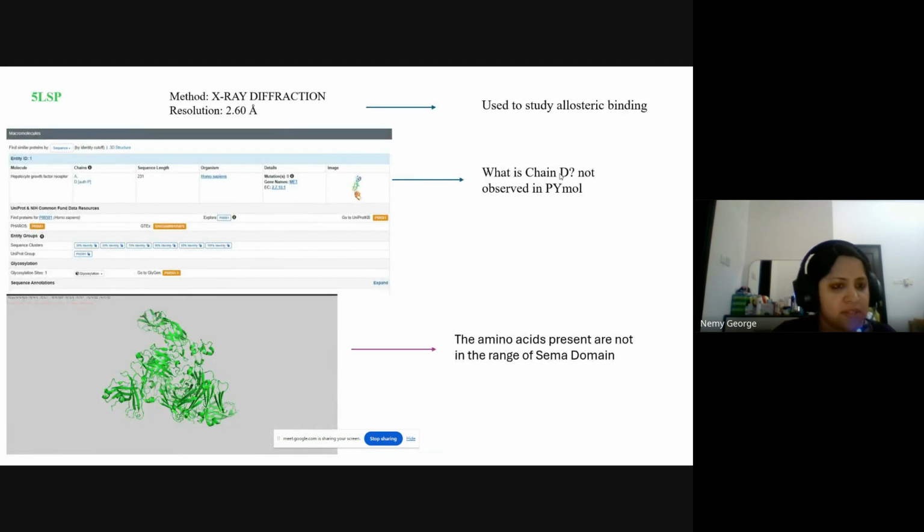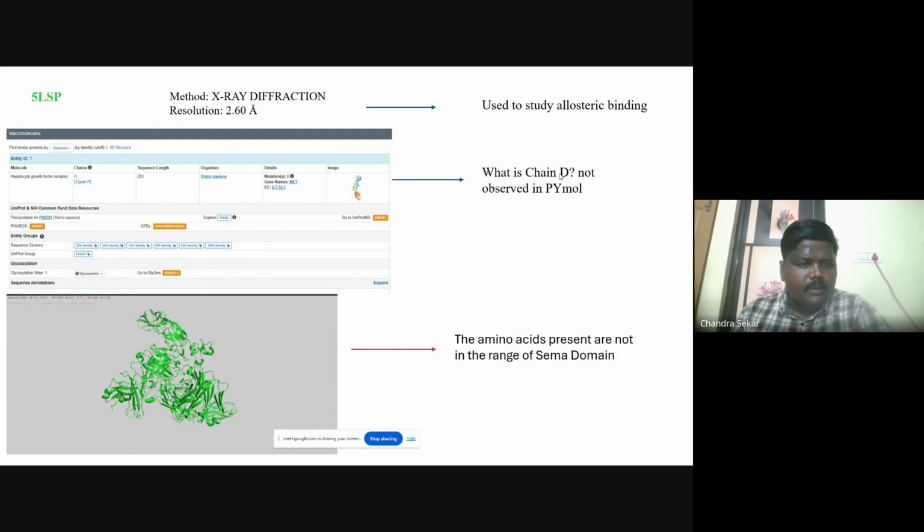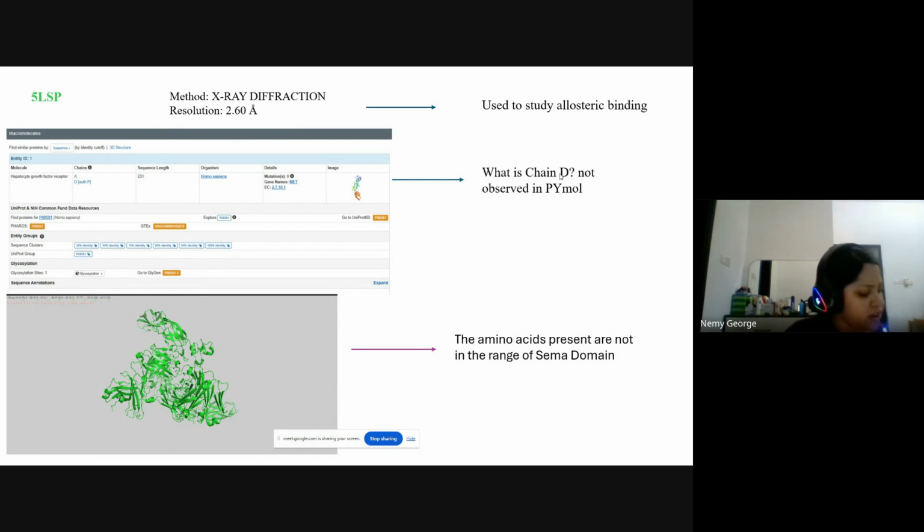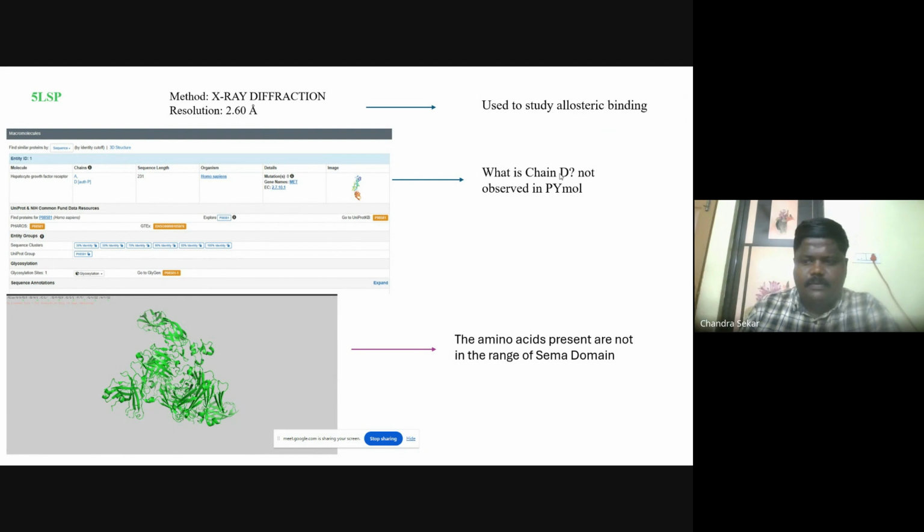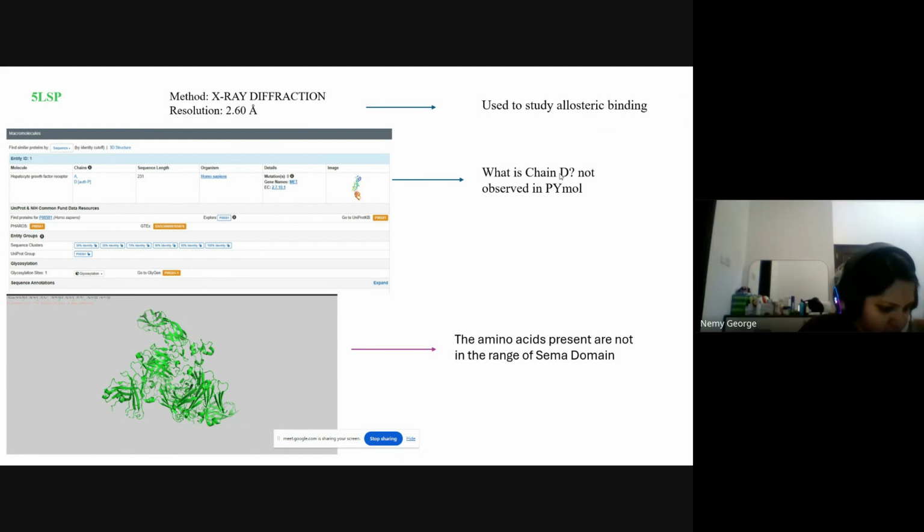Then the next one is 5LSP. I found this in one paper regarding the allosteric binding. They even mention it as hepatocyte growth factor receptor, sequence 231. Can you see the range? I have noted it somewhere, sir. I read that paper.